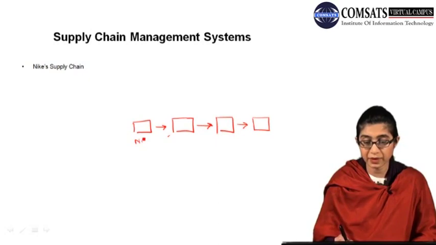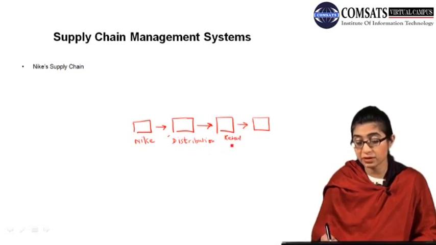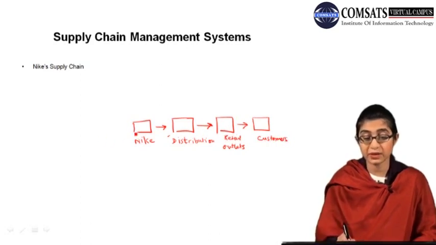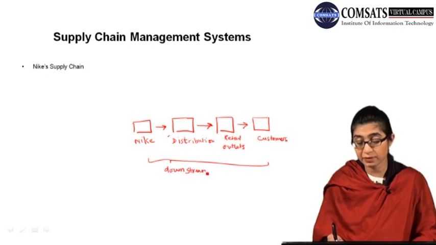Right, for example, this is the organization Nike. Then this here is the downstream, जो कि distribution or retail outlets, again concerned with the companies and processes, जो कि customers को वो products पहुंचाने से deal करते हैं. Right जी, so this whole becomes your downstream of the supply chain.